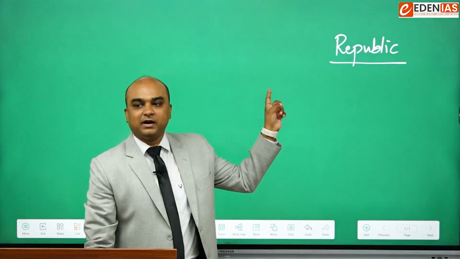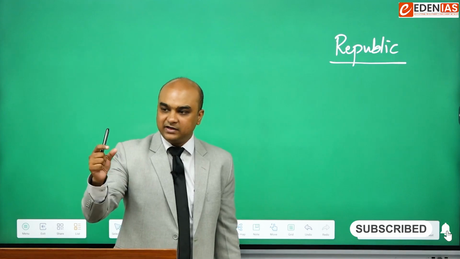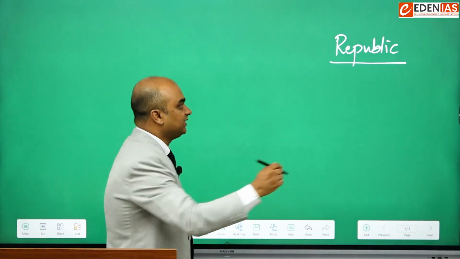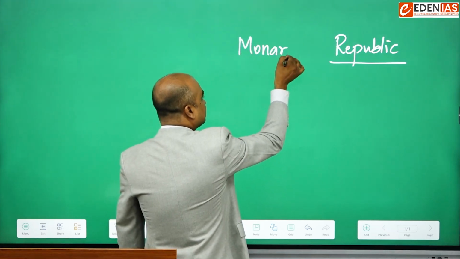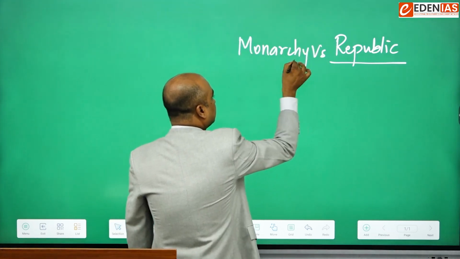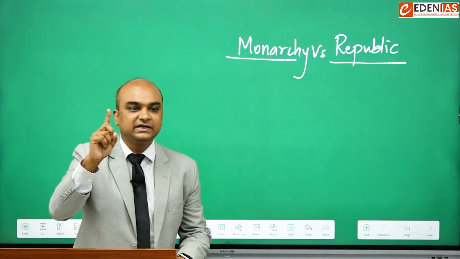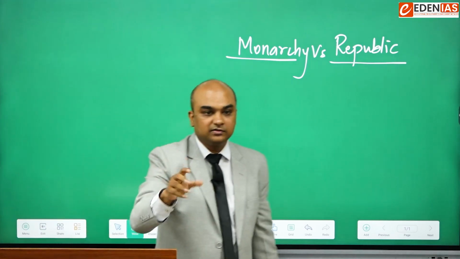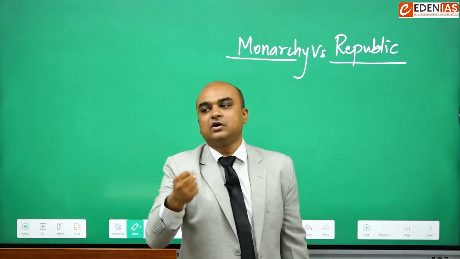What does republic mean? In order to understand republic, we must compare it with another type of government, and that is monarchy. So let's compare republic with monarchy. In a monarchy, there is a single ruler. That ruler could be the king, the queen, the emperor or empress, and with that ruler lies all the powers